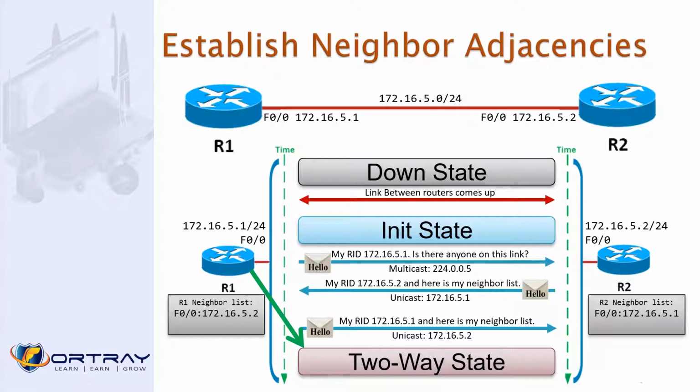Router ID, just think of it as a router name. If you configure it yourself, as in the previous topic, it will always be used. If not, it will use the loopback address. It doesn't matter whether it is small or large, it will always prefer the loopback address. If there is none, it will use the highest IP address configured on any physical interface.